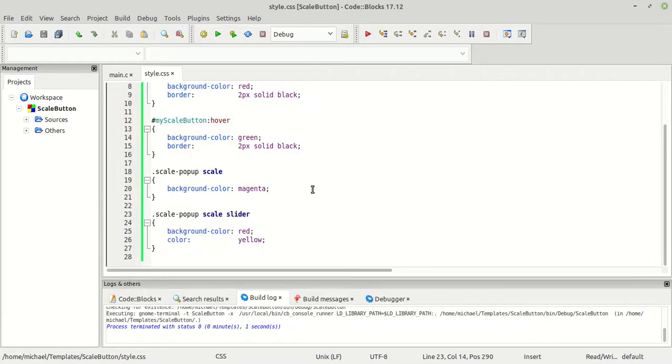So that being said, it's enough for today. For this video I'm going to make another video, a second video about CSS to style the whole GTK